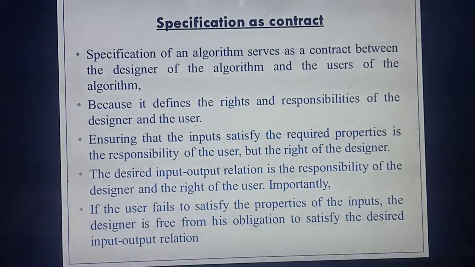Then what's the role of the engineer or builder? So the builder or engineer needs to satisfy all his rights. What are the things he said to the engineer? All the things need to be satisfied by the engineer. That's the responsibility of the builder. Understood? So contract means it's a relation between whom and whom? The builder and the owner of the house.